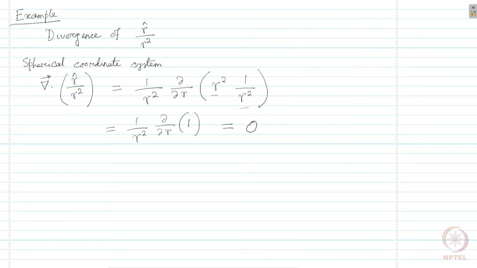Now, let us have a look at it from a different viewpoint. We have divergence of a vector. Now, if we perform a volume integral on the divergence of this vector over any arbitrary volume, then that will be, according to the divergence theorem, equal to the surface integral of the vector itself over the surface that binds the volume. In that situation, we can write it as volume integral of the divergence of r cap over r squared